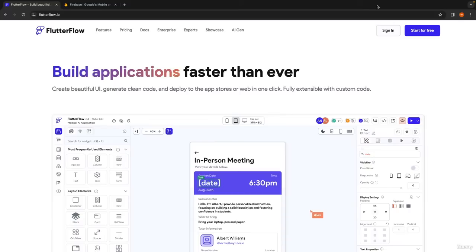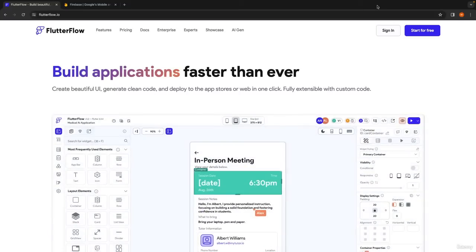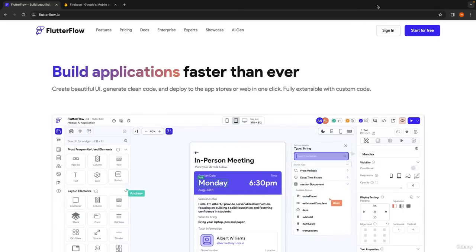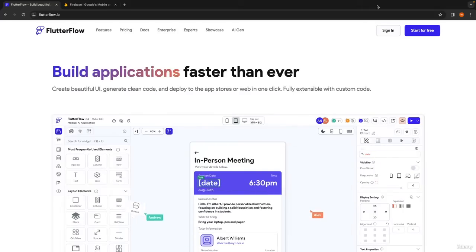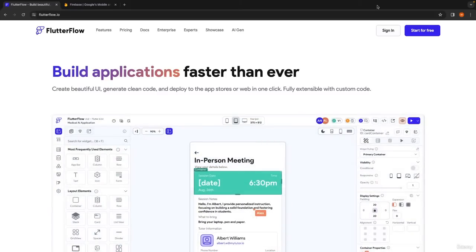All right, so the first thing that we have to do is set up our project both on the FlutterFlow side of things and on the Firebase side of things. Now, before starting with this, I just want to mention that FlutterFlow has a built-in done-for-you version of this, so you can get started and create your project on both FlutterFlow and Firebase with only a few clicks. But because it's so simple to do it manually, I'm just going to do it that way for demonstration purposes